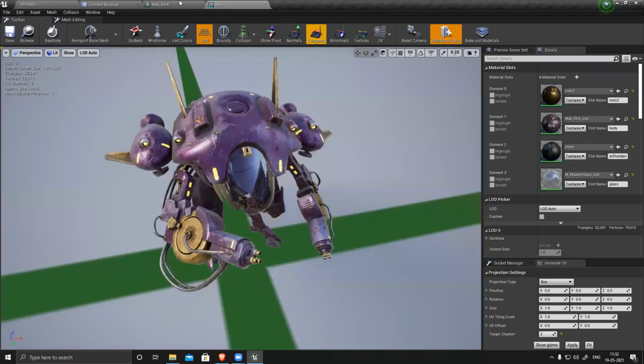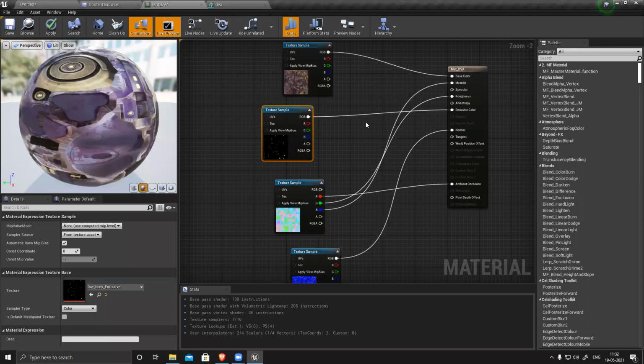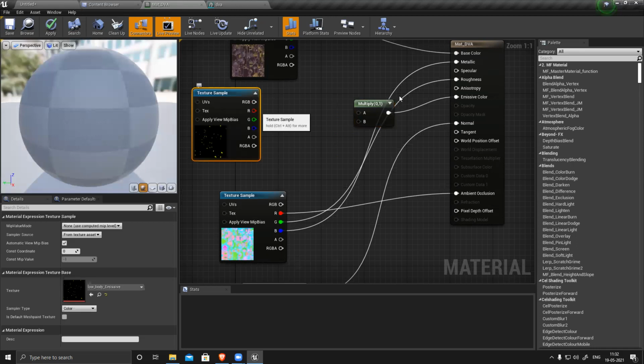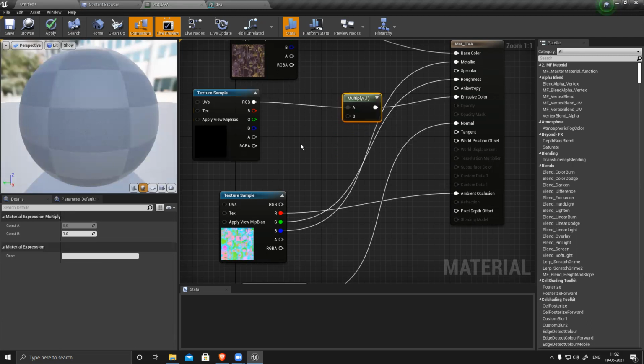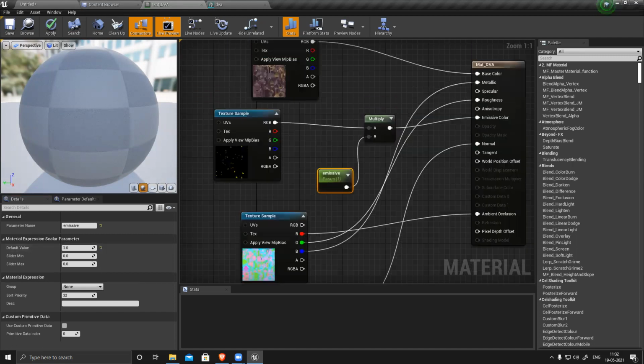So what I have to do is go to material. I need to add a controller for all this. Use a multiplier, connect this to emissiveness, and this emissiveness color. If I connect this and press S and left mouse button, scalar parameter, name it emissive. Default value is 1. Connect to B. Now I have the controller for emissiveness.